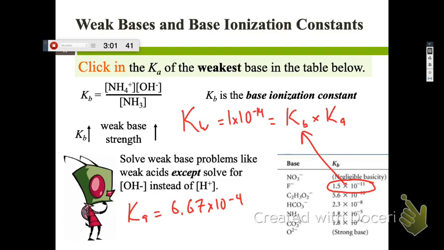So then what's our pKb? pKa plus pKb equals pKw, 14. Weak acid, strong base. All right, so here's the thing though, a lot of people say, well, if it's